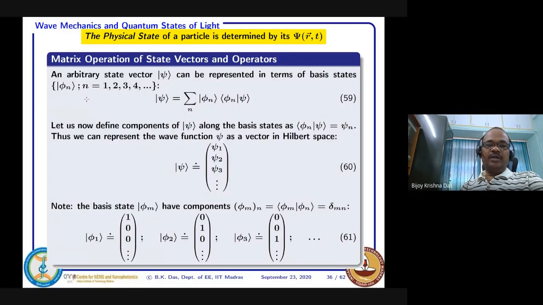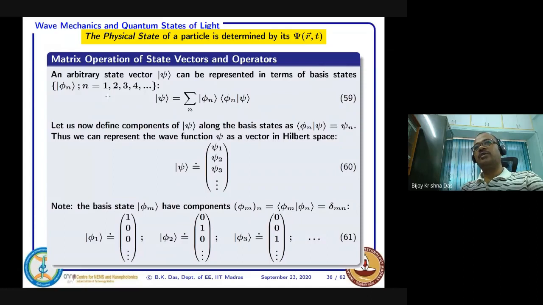So you have a vector space, and in that vector space, you have the basis vectors you define by phi n, where n equal to 1, 2, 3, 4, you can have n basis states. So an n dimensional vector space. So when we are talking about n dimensional vector space, in every direction you have a unit vector. So you can think that phi 1 corresponds to the unit vector along dimension number 1, and then phi 2, phi 3, in different dimensions.